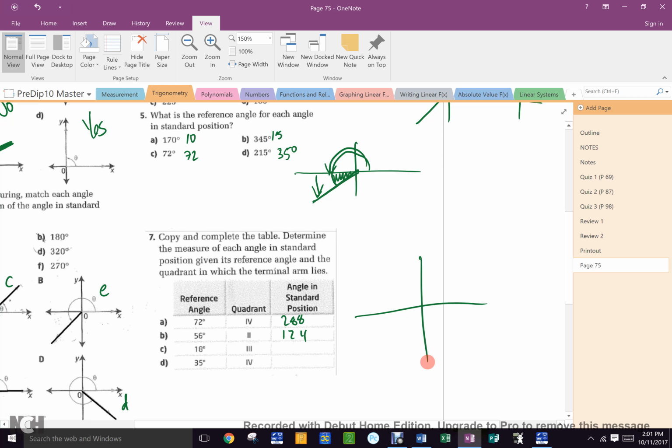If it is 18 and it is in quadrant 3, where's the reference angle? Always between the terminal arm and the x-axis, yes? So 18, how far is that? 180 plus 18 more. 198. And finally, if it's 35 but it's in quadrant 4, it's down here. There's the 35, which means